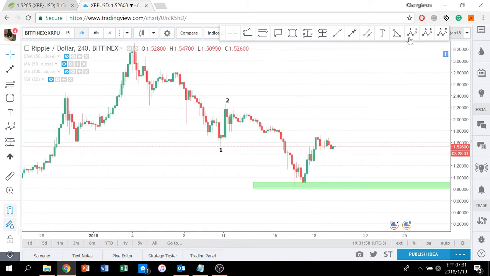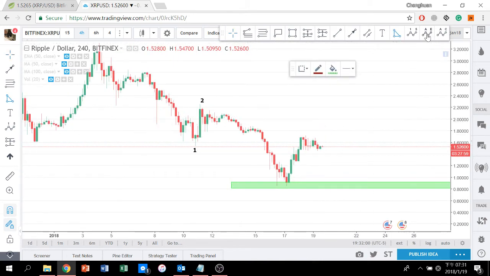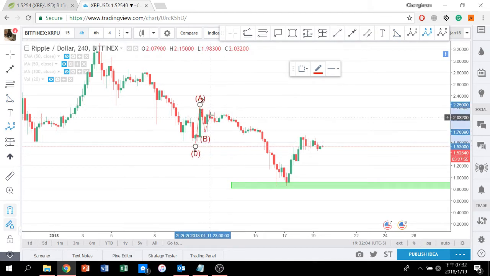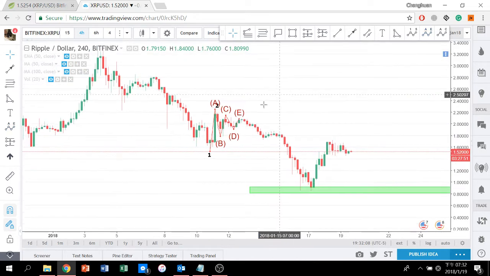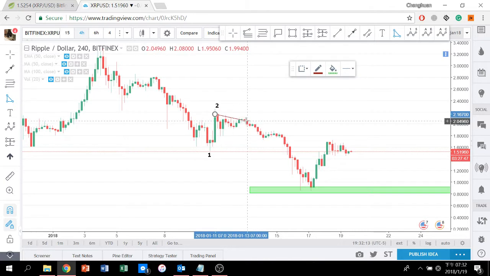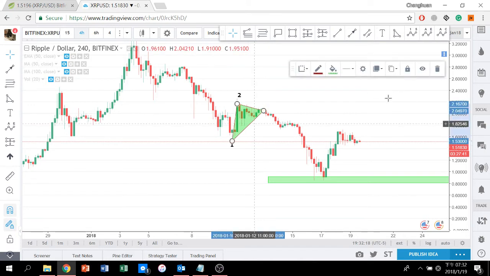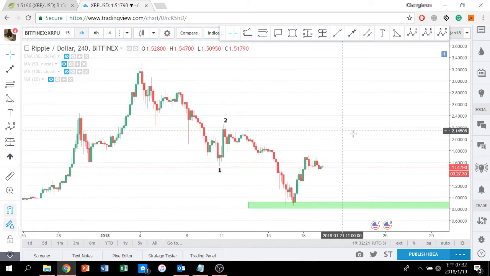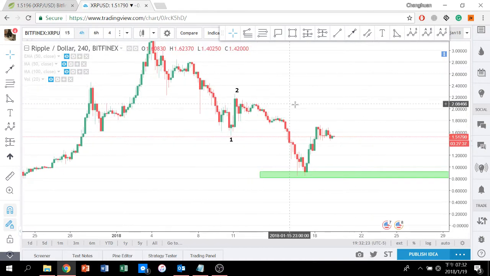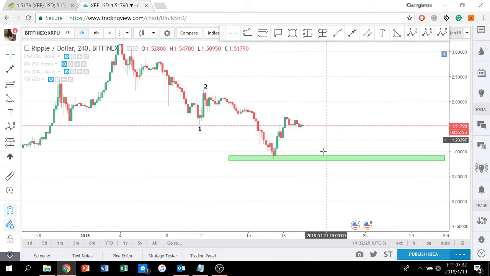See, wave 2 was really fast. Wave 2 was pretty much a simple A, B, C, D, E correction, right? That formed almost a wedge or a triangle. And it was very clear. Everyone could have spotted it. And this was our initial post about shorting Ripple. Okay, now that we have wave 1, 2 done, figured out, let's look at wave 3.